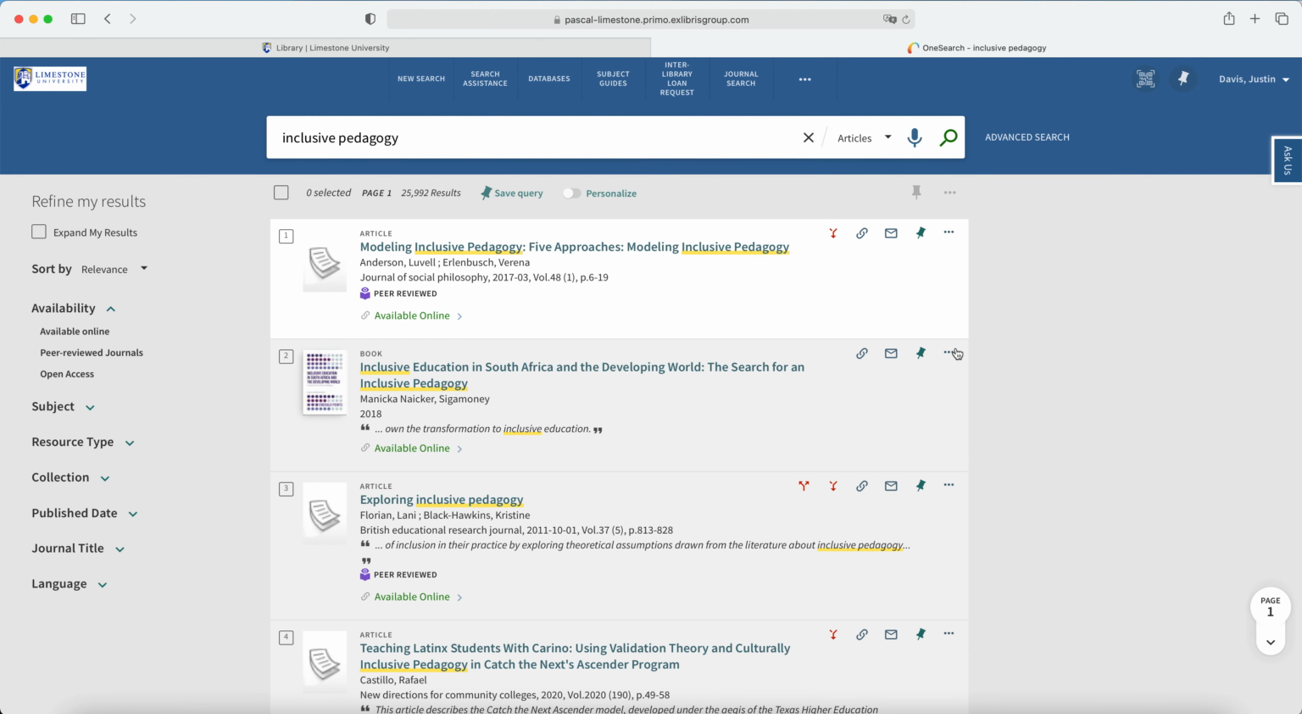You will note that among the various articles that I see are peer-reviewed journals. In fact, OneSearch will privilege peer-reviewed journals over non-peer-reviewed sources. In order to see sources that are not peer-reviewed, magazines, newspaper articles, etc., what I need to do is to